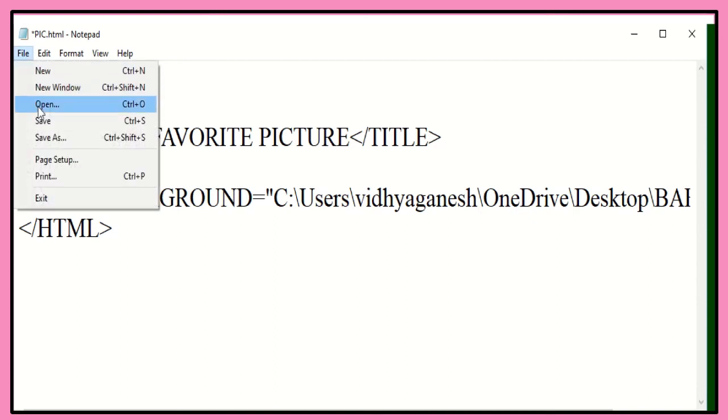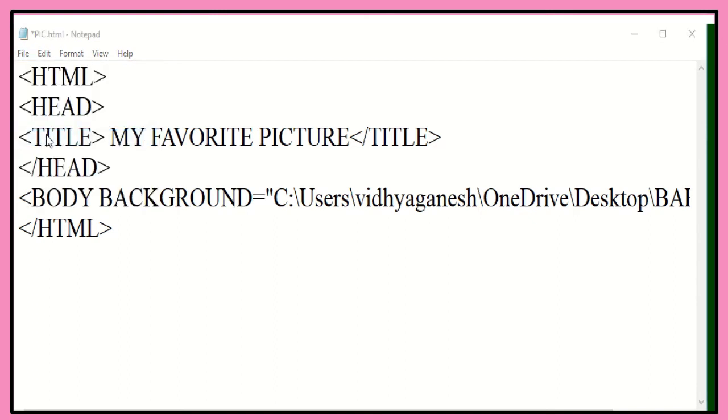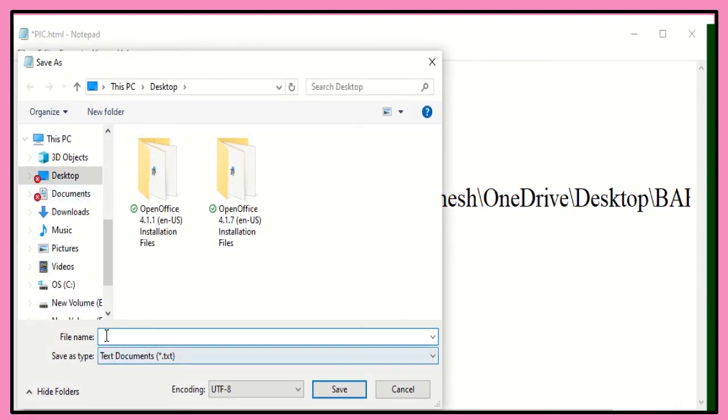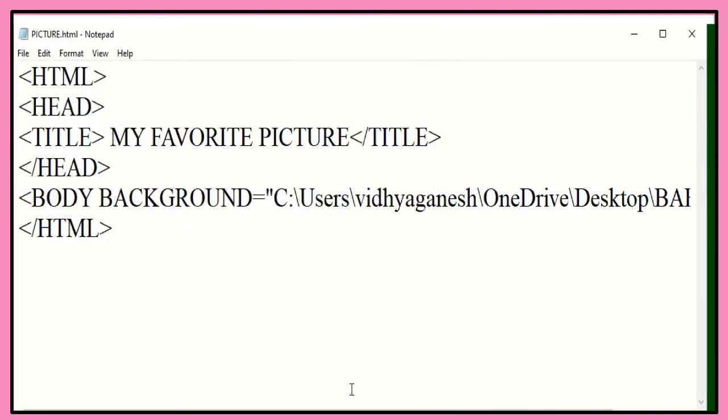Now save this file, children. Save the file in the desired location. Now I am just saving it on the desktop. Picture.html. .html is the file format. Now shall we see the output, children?